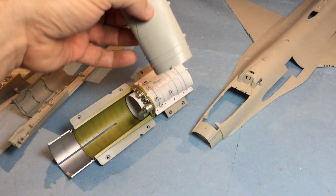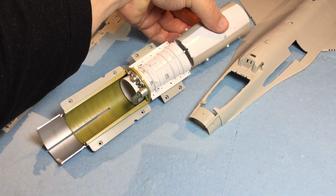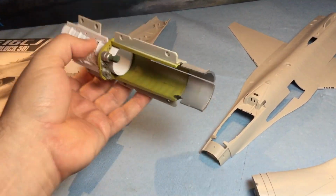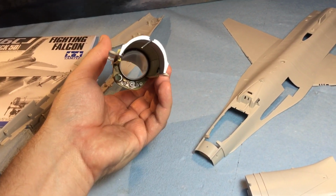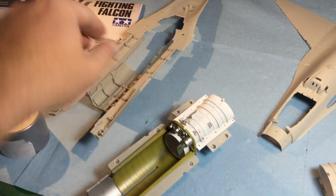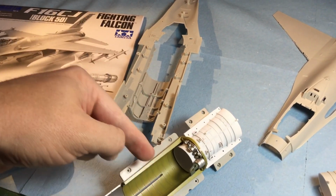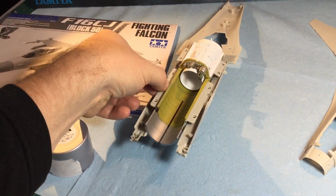And then this will attach underneath here. And then you'll be able to see straight through like that, especially from the rear end, right down to the front of the plane. So all that detail will show through. And then of course more painting will have to go into here because this is the other side of this, right? And then this will eventually seat into here,